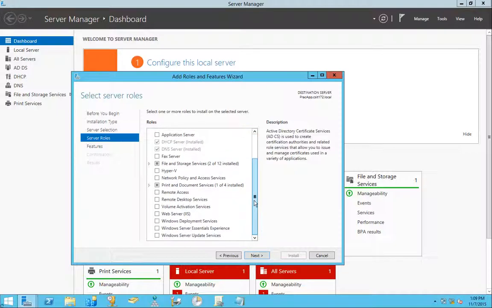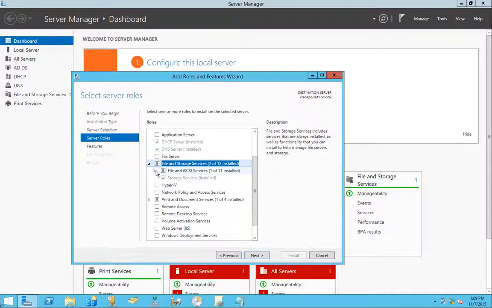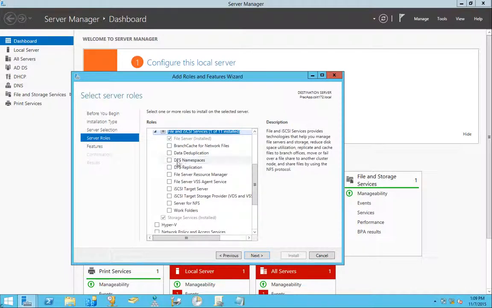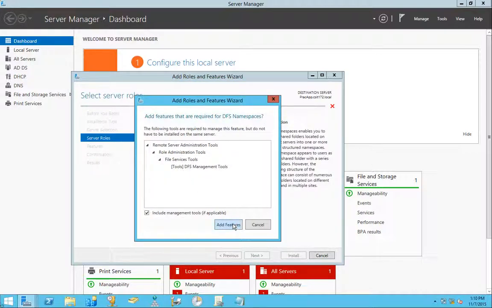Now I'm going to scroll down just a bit and expand File and Storage Services. I'm going to expand File and iSCSI Services. Scroll down. I'm going to select DFS Namespaces, and this will prompt me for a feature installation as well. I'm going to hit Add Features